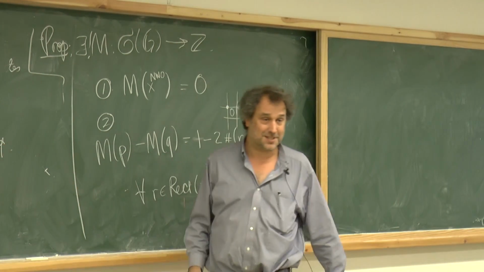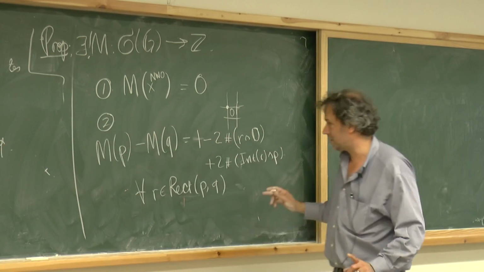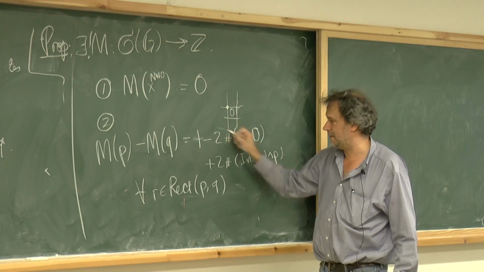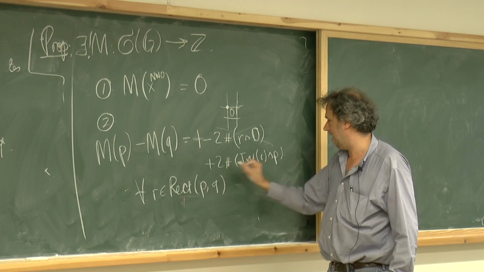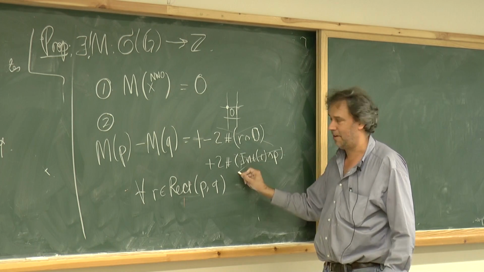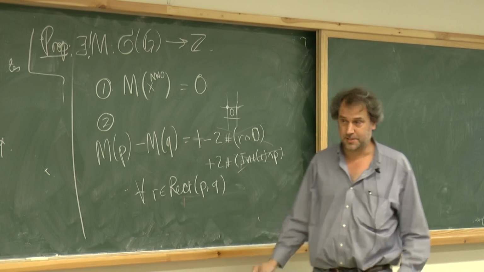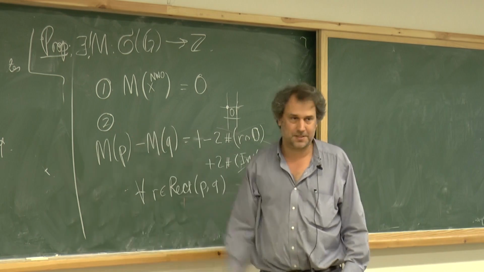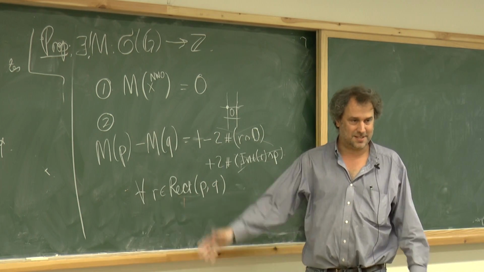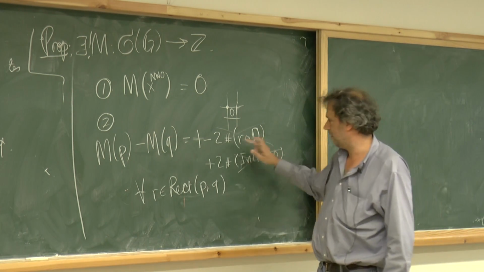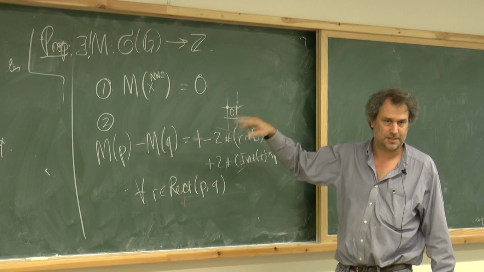And if there is such a grading, then it certainly should have the property that if R intersect O is 0 and R intersect P is 0, then the grading of P should be 1 bigger than the grading of Q. So if you believe that this differential has a Z grading that drops by 1, then this formula should follow. And actually, those requirements are sufficient to uniquely determine M,